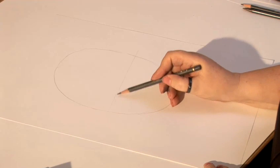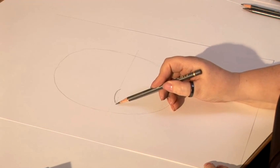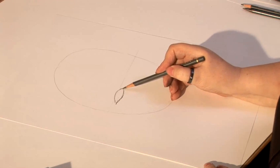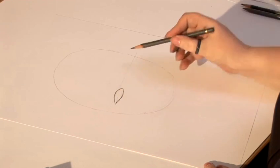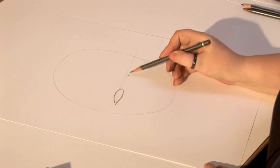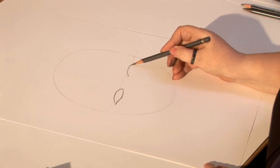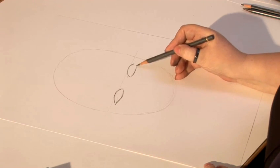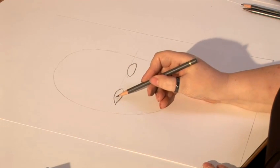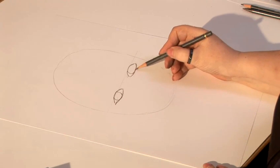So I'm going to start with the eye shapes, quite a lot larger than in an adult face. And I'm working from a photograph, but you could work from a child sitting in front of you. However, they don't sit still for long. Nice wide gap between the eyes. That gap is the width of another eye. Lots of children have got eyes that look even larger in the face. The child that I'm drawing, his eyes are quite squinted up, but they will still appear larger than in an